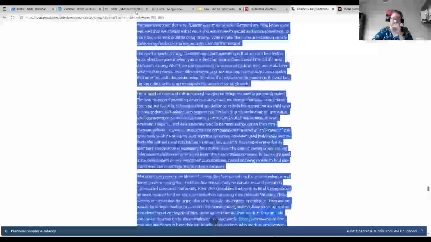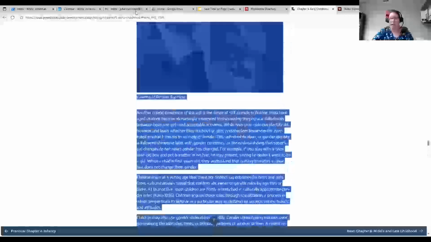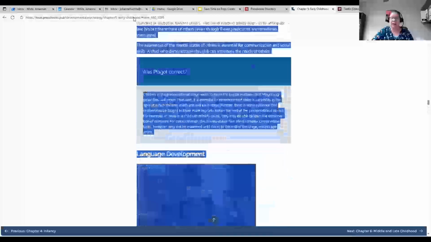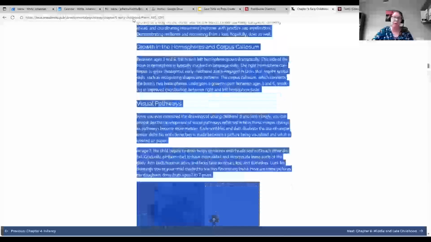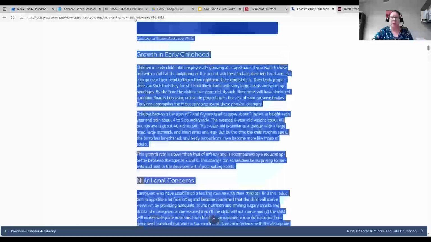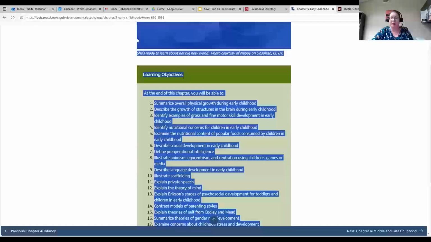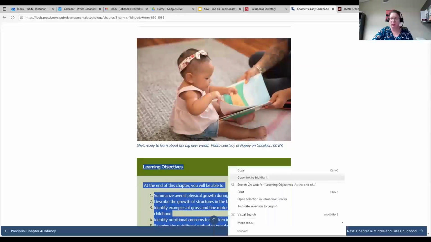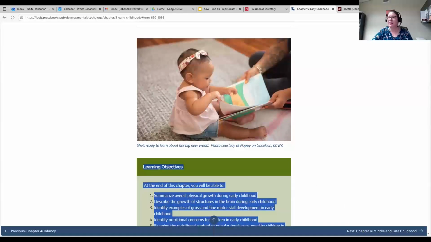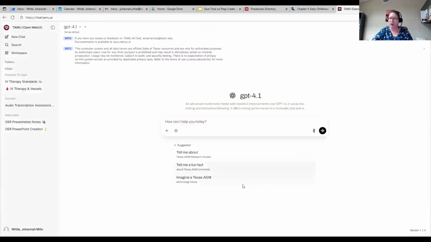So I'm just going to run through here and grab my material. Easy peasy. You don't have to take the images if you don't want them. That's certainly fine. But we will just go ahead and grab the mass of it. I'll leave my adorable little girl right there, and I'm going to grab that content. I'm going to pop over to